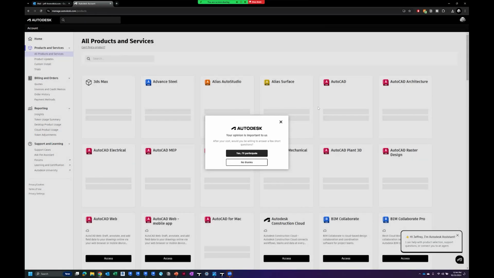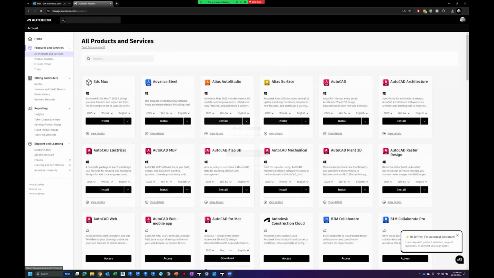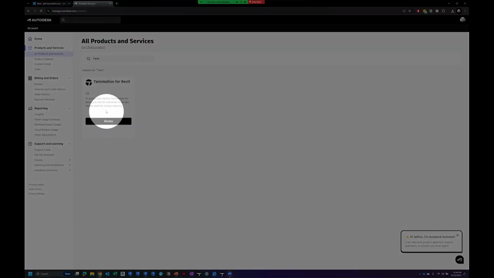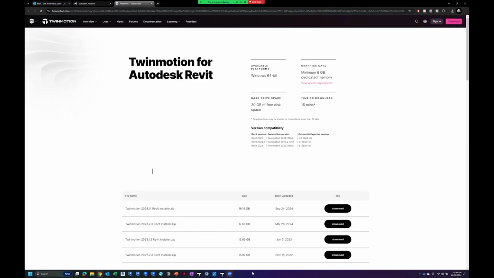And then I'm not going to scroll through this list because it's an endless list based on my license package here. But if I search for Twinmotion, you'll see it actually comes up. It's Twinmotion for Revit. Okay, so if I click that, this is why it's goofy. Technically, I can give you guys just this link up here, but all it's doing is bringing you to a link that gives you the direct downloads